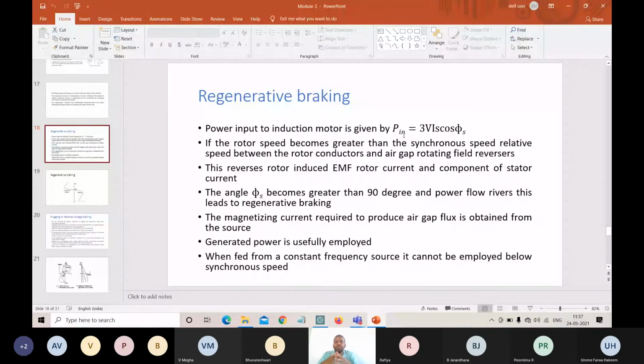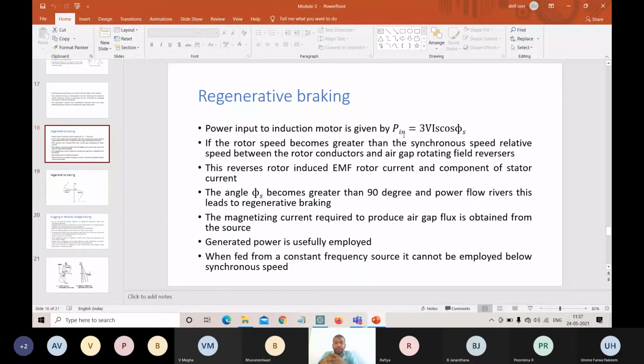Normally the regenerative braking principle is mainly used in traction systems, so different AC or DC traction systems. Traction is nothing but locomotives which run with the help of a DC supply. Normally you can use it in a metro or AC trains. So the trains run through a DC supply.